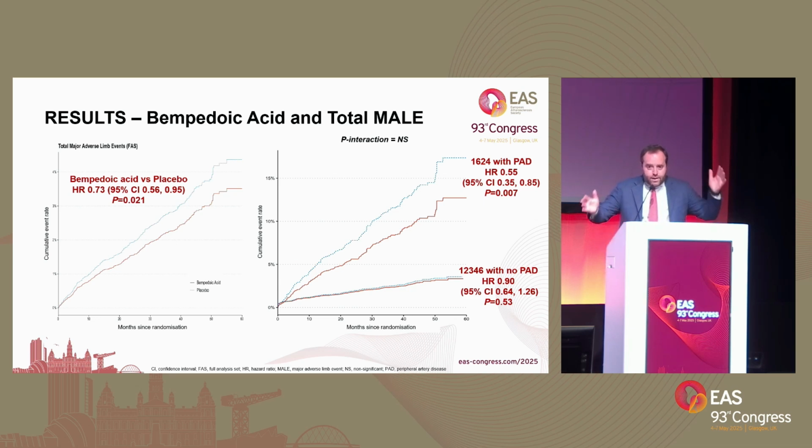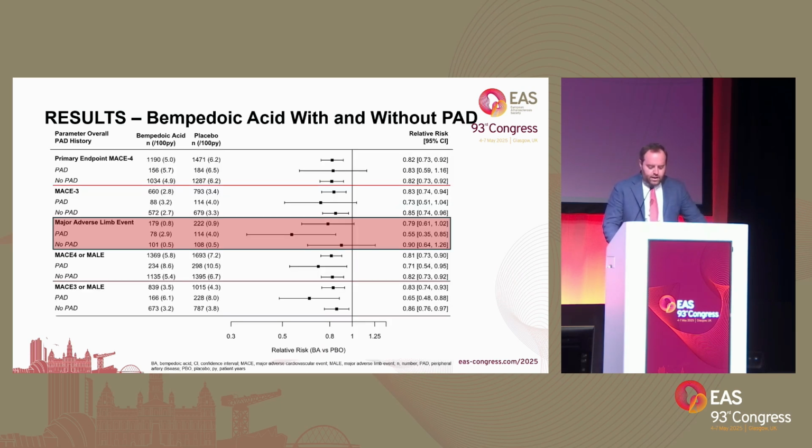But if we split on the right side in patients with and without PAD, we see that, of course, the magnitude of the effects was particularly true in patients with PAD, with a reduction of total MALE of 45%, so very important. And in patients without PAD, we also saw signals of reduction in MALE. And that's the forest plot. As you can see, the outcome, including also the composite outcome, was consistent. There was a consistent reduction by bempedoic acid, regardless, of course, of the outcome, but in particular for MALE in patients